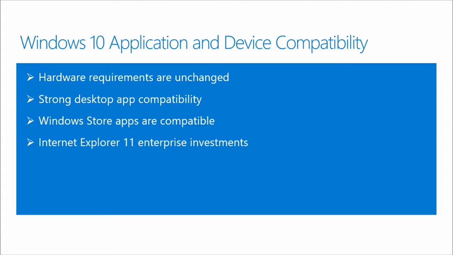Just to mention some things around application and device compatibility again, and how Windows as a Service is going to play in with those. Which is what we had talked about starting off this morning: Windows as a Service and deployment really intersect. So we need to make sure that we can continue to deliver strong hardware compatibility, software compatibility, and web compatibility. Maintaining that as we go forward with updates, upgrades 2 to 3 times a year is going to be key for us.